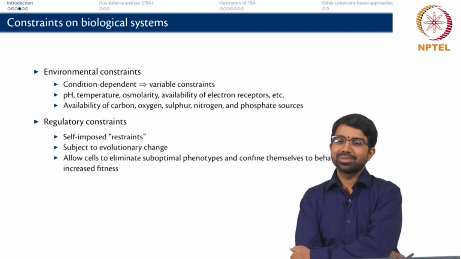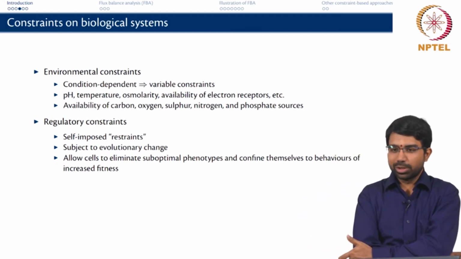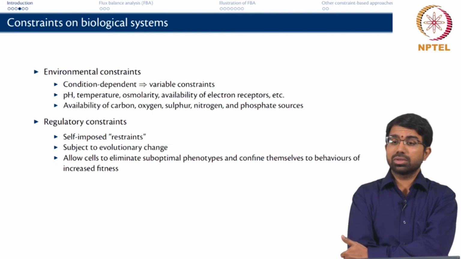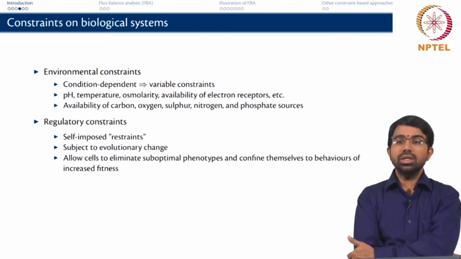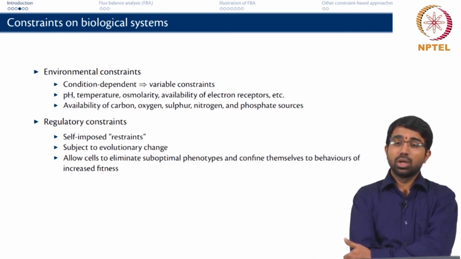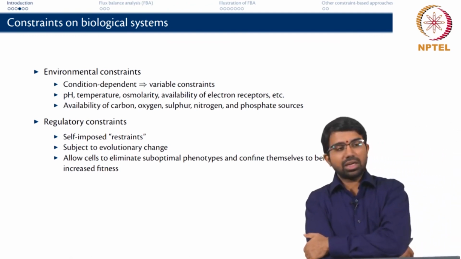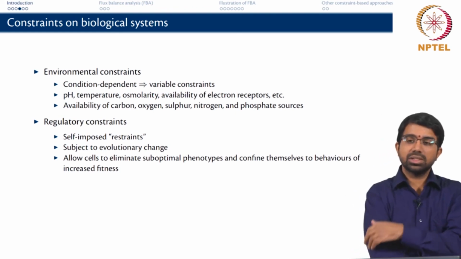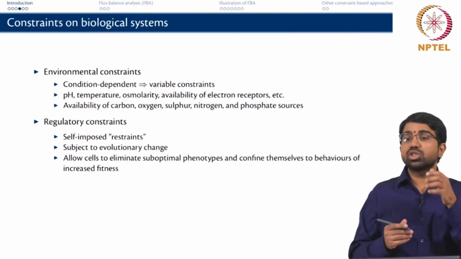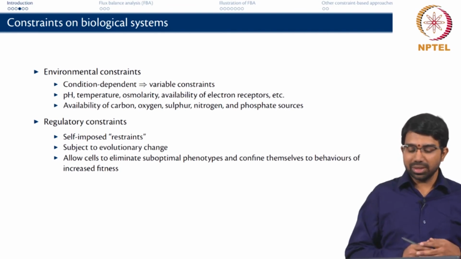Catabolite repression, right? That will be a classic example. If lactose and glucose are available to the cell, it should be growing at a higher rate using both glucose and lactose, but the cell will choose to use only glucose because there is a catabolite repression on the utilization of lactose. Once glucose is exhausted, you have a diauxic shift and the lactose enzymes are then expressed, the genes are expressed, and then the lactose metabolism kicks in. Right. So, the cell essentially chooses not to use lactose, right.